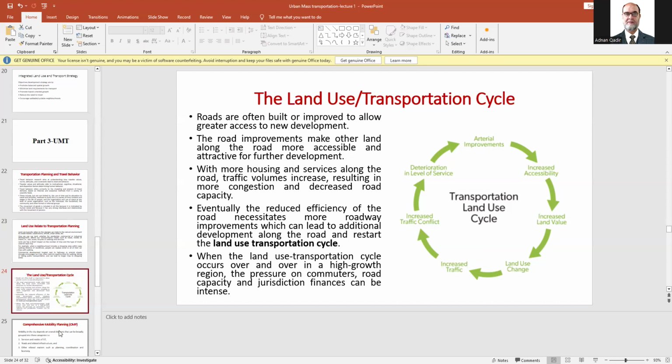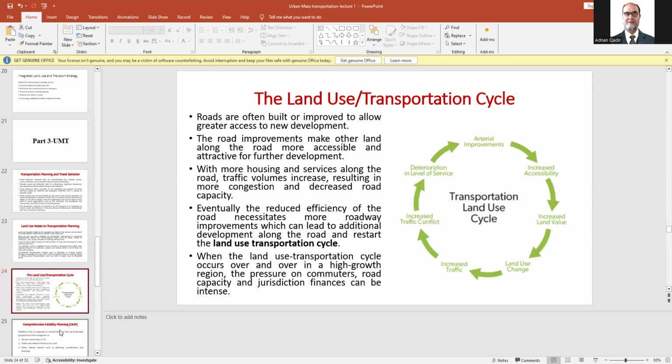Now, when we improve an arterial, meaning either by rehabilitation, resurfacing, overlaying, making it attractive, it will create increased accessibility for the people. People will move from their routine route to this arterial, and that will increase the land values around that arterial. And most of the time, it will create a land use change, maybe a petrol pump, service areas, maybe shopping centers, maybe car mechanics,